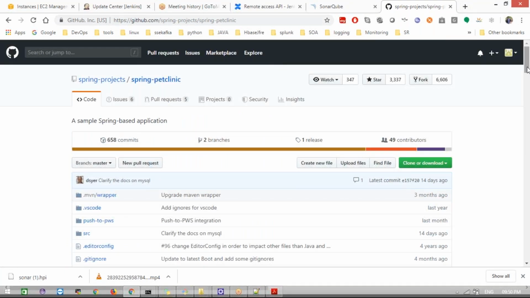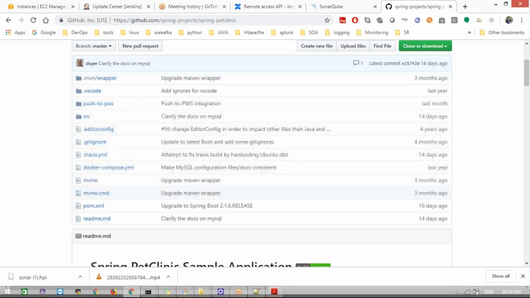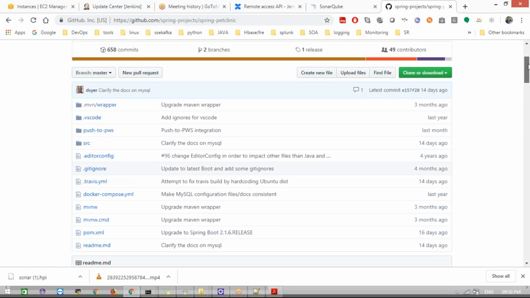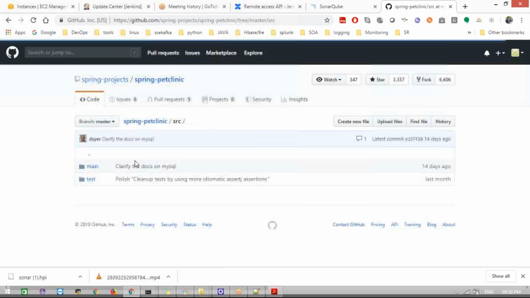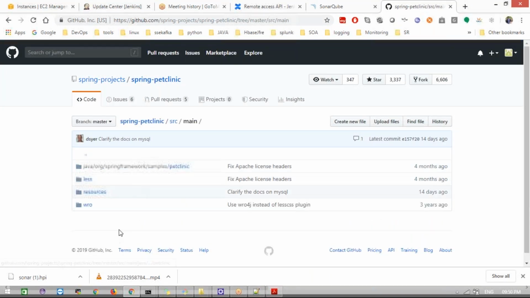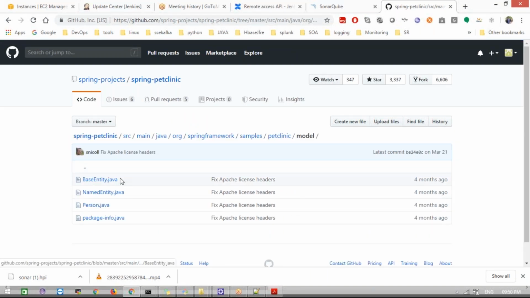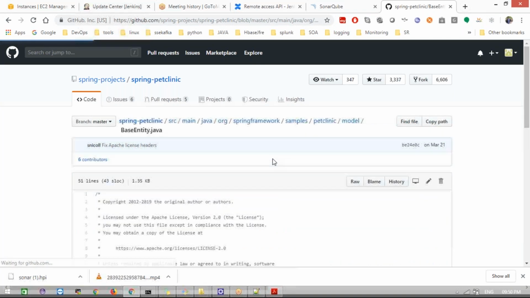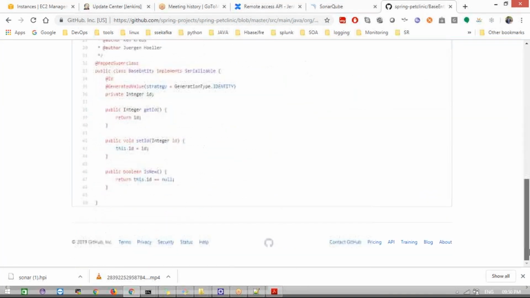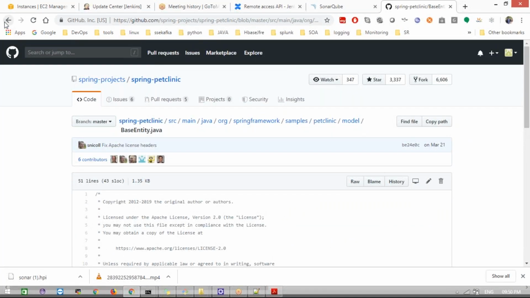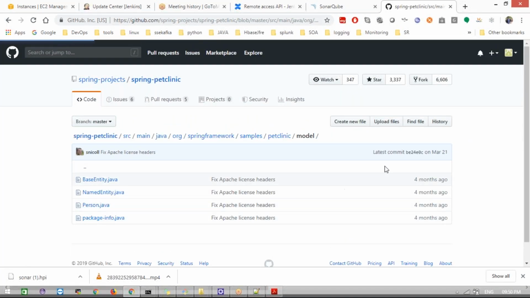This is a Spring based project, one of the well maintained projects. Even now he is still working on it, 16 days ago, 14 days ago. There are a lot of things here, integrated with src and Docker Compose. The main code is under the src folder, under main. There are a lot of modules. In the main module, see models, owners, system. These are the package names. Each class has a lot of lines of code, and we need to check how the code is written and how much quality he has put in.